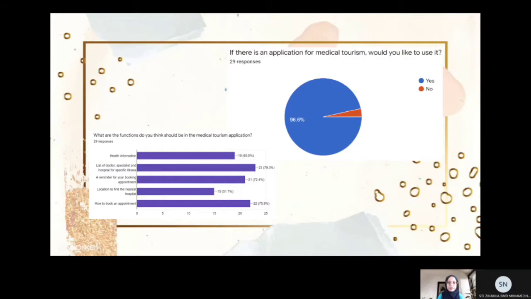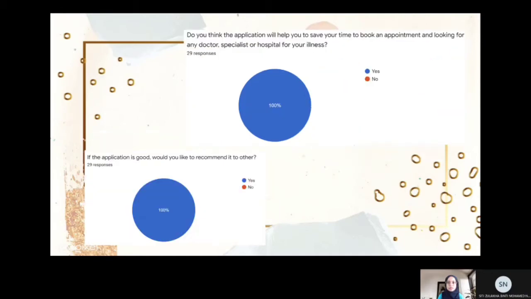For the reminder for booking your appointment, 72.4% answered this. For the location, to find the nearest hospital, 51.7% are choosing this answer. How to book an appointment, 75.9% choosing this answer. Next.